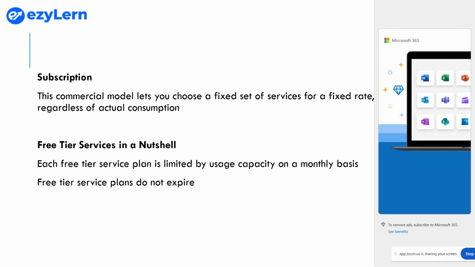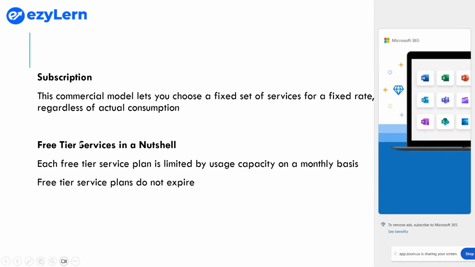Even EA also is the same, right? If you use it or not use it, you are paying for all the services. How subscription and EA are different is, in subscription you have already chosen the fixed set of services, whereas in EA, even if BTP has added any new service, they will add it to your agreement. Yes, I understand.